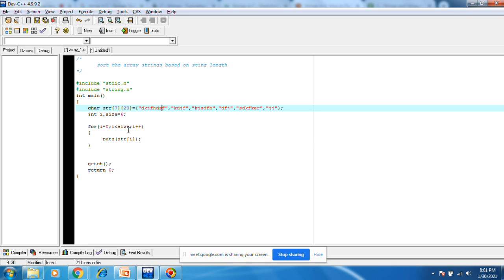Okay, what are we doing? We need to find out the length of each and every array element, correct?